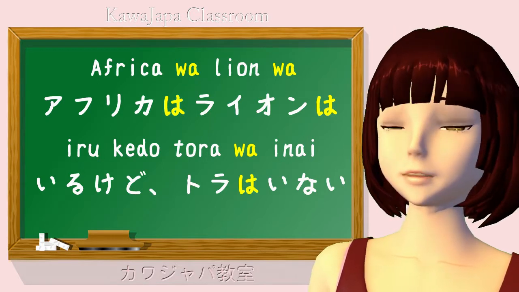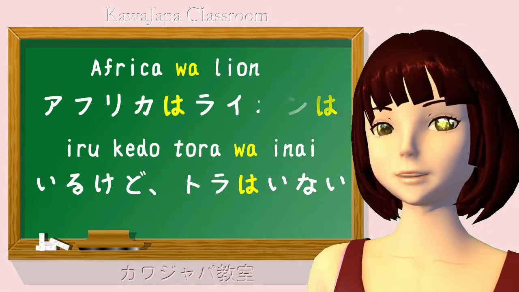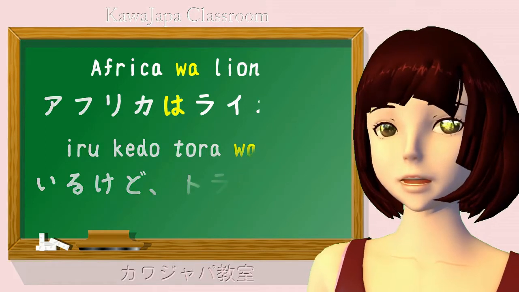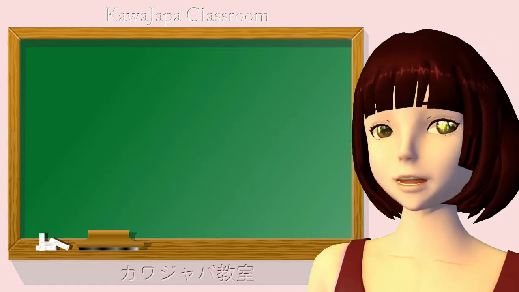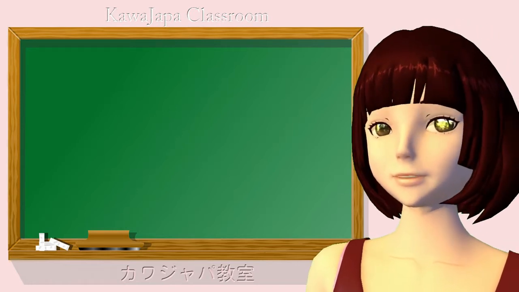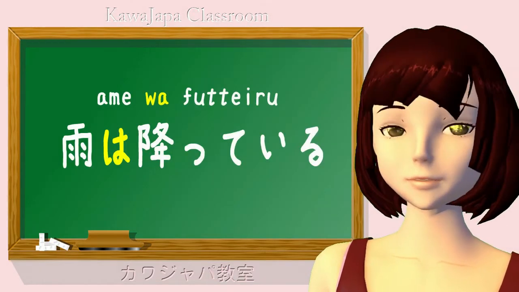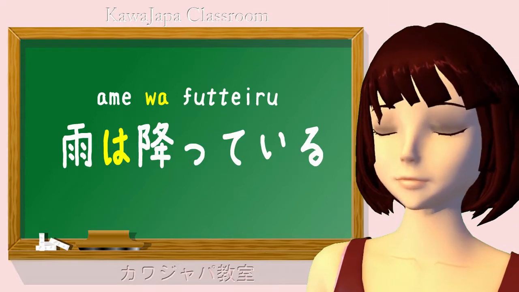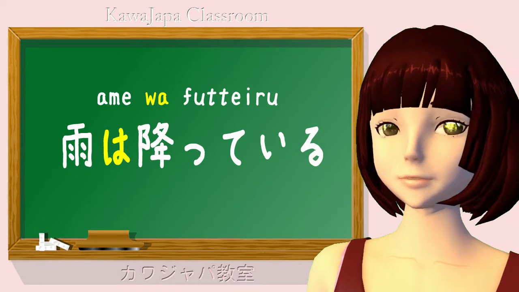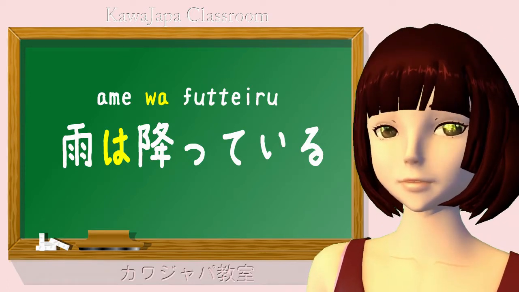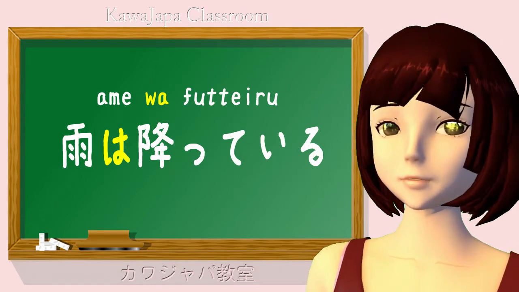And in some cases, not only will we not have a but, we might not even have the rest of the sentence, because the wa in itself is sufficient to exercise that differentiating function. Let's take an example of that. 雨は降っている. Now, that's a very simple sentence, but as I expect you know, usually we say 雨が降っている. Rain is falling. So, under what circumstances and why would we say 雨は降っている, and what would it imply?